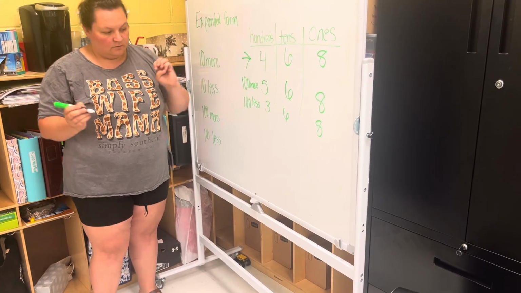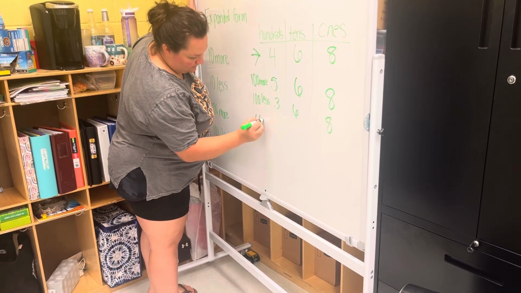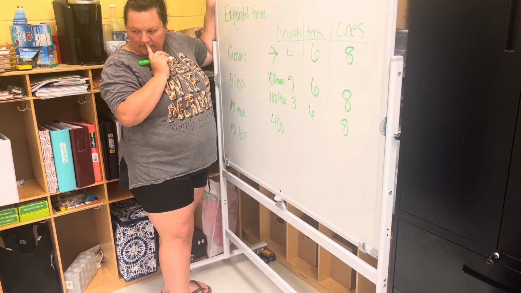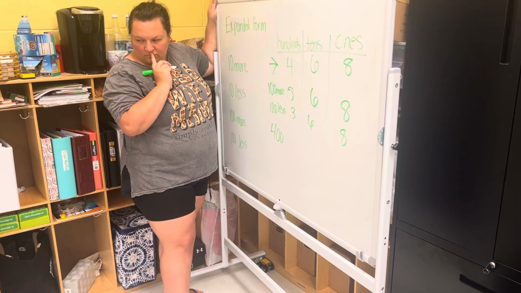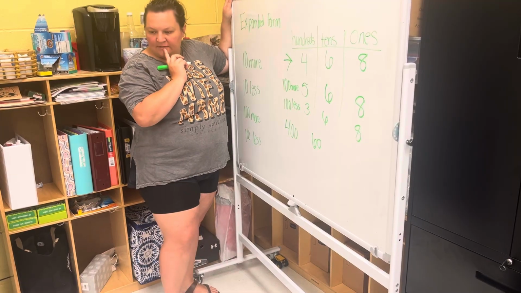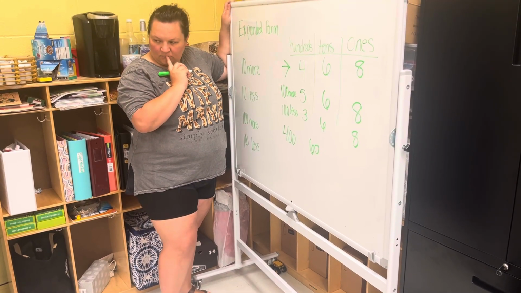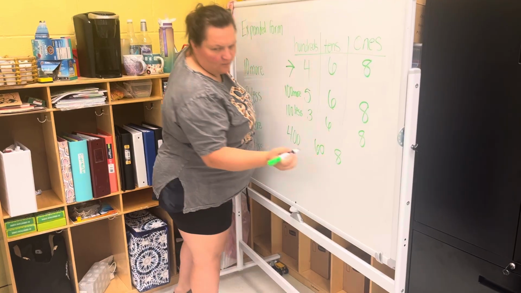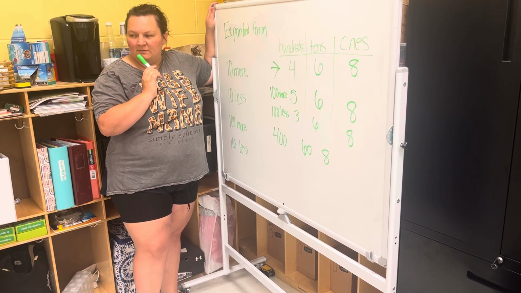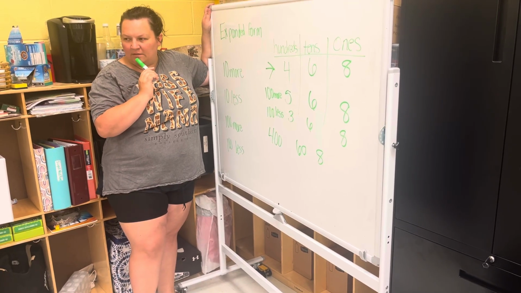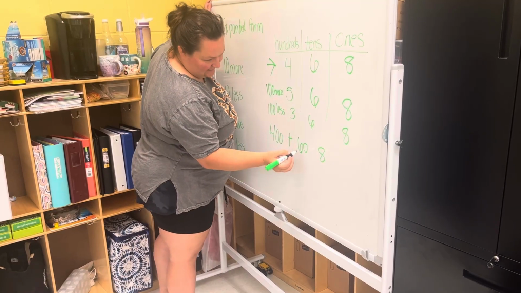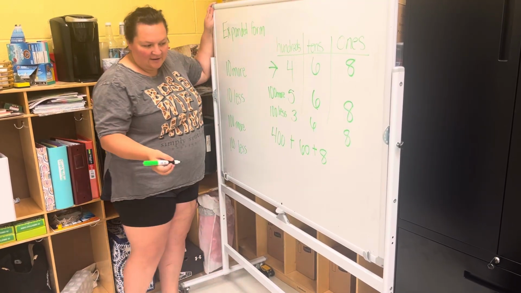So you do 400. Good job, 400. Then you do 60. What do I do in between 400 and 60? Put in the plus. So just write 400 and then I write 60. Okay, then what? 8. And that's expanded form? No. We're halfway there. We're missing something. The plus and the plus. Right, we need 400 plus 60 plus 8, right? Because if we added